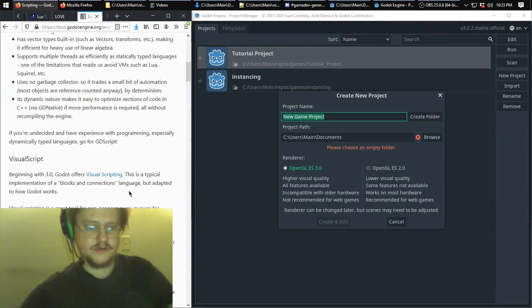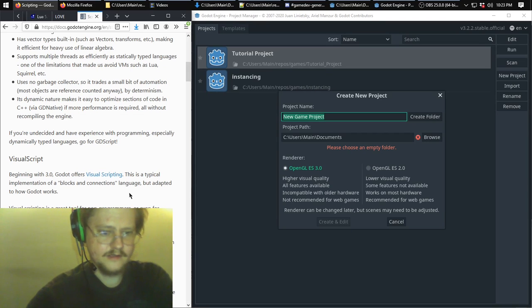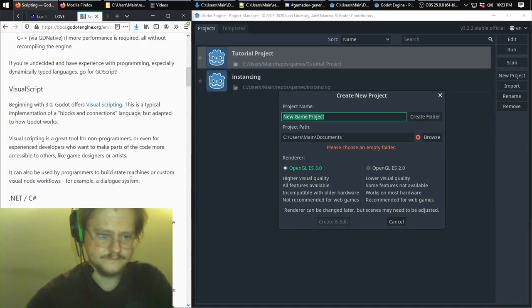You have Visual Script, which is new with Godot 3.0. And as it says, it's just a typical implementation of a blocks and connections language. As I've said, I am not much of a visual person, but that may be the thing for you. If you're not too familiar with programming, that may be a great choice for you. As it says here,